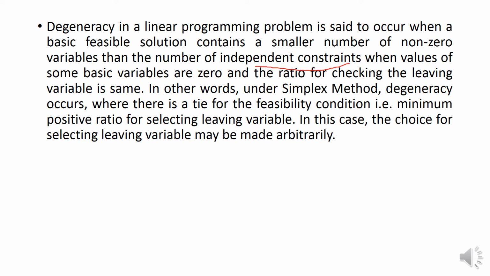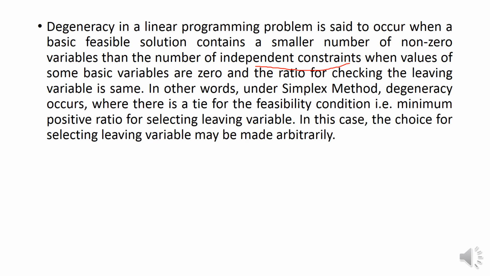We have seen in the given question there are two independent variables and two dependent variables. So if it is less than 2, when we try to find a basic feasible solution, meaning only one variable is non-zero, then